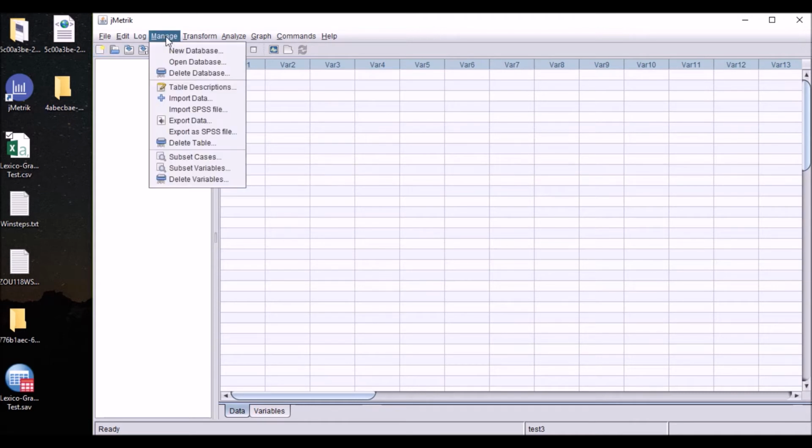Next, again, go back to Manage and associate the data file that you have with that database. There are two types of files that you can read through jMetrik. One of them is CSV and the other one is .txt. The most recent edition, that's the one that I'm using, also allows you to import data from SPSS. But for this demonstration, I'm going to use this CSV file. So import data,